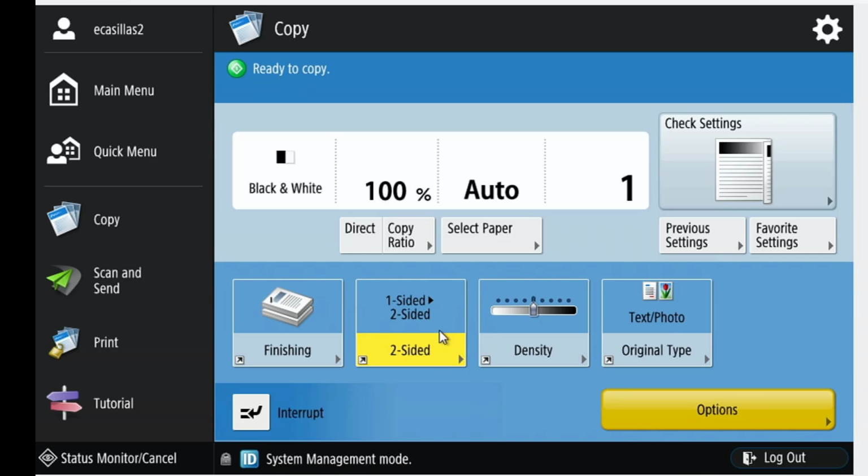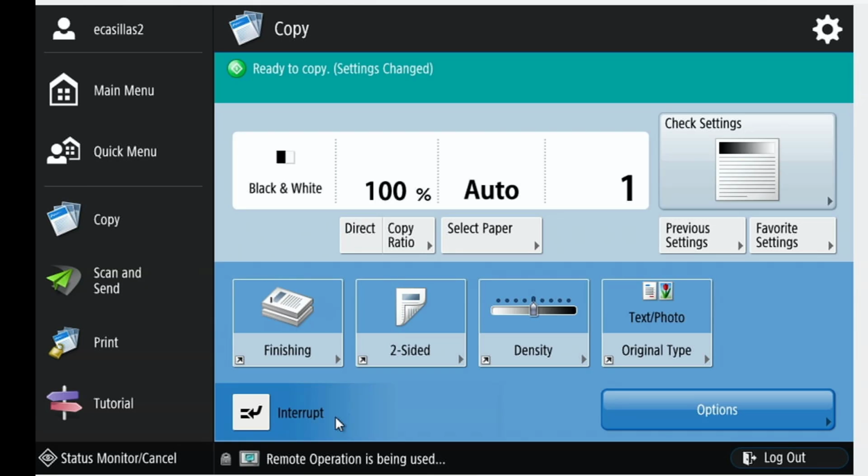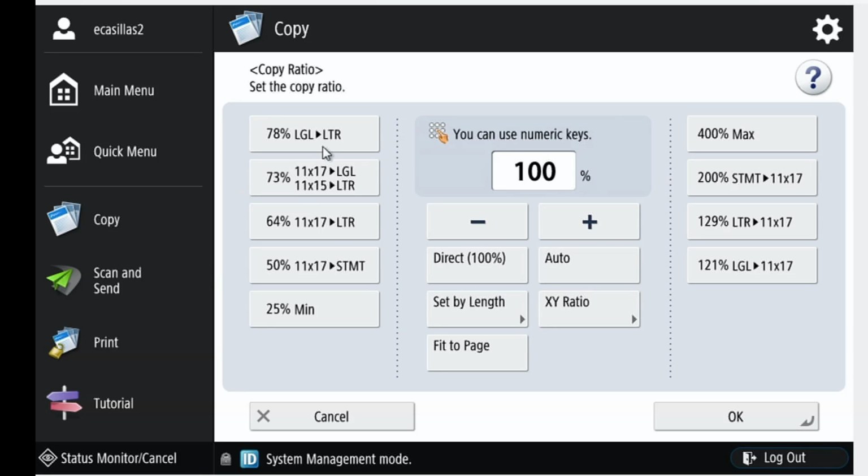Now, let's talk about some other options you do have on the copier. I'm going to go through and take this and cancel it out so we can go through some more features. Let's start at the top. This is a black and white copier. You have the ability to do some reductions and enlargements, and that would be up under the 100% icon where it says copy ratio. When you select the copy ratio, you have reductions on one side and enlargements on the opposite side. You can choose any given preset button, use the plus or the minus sign to change the increments by 1,